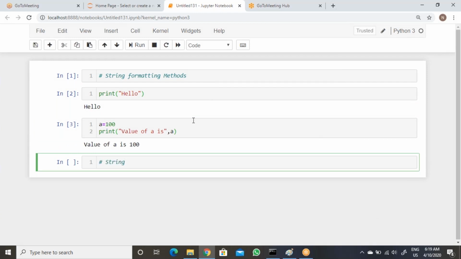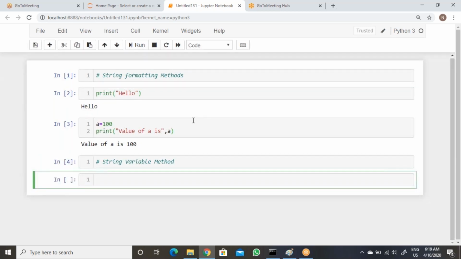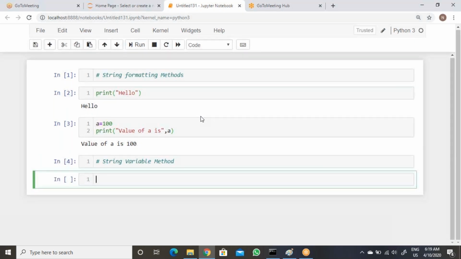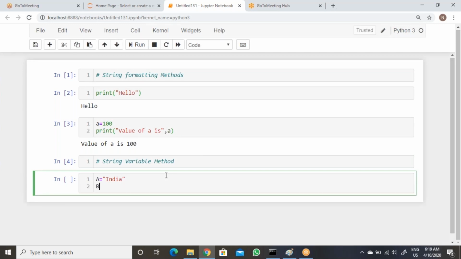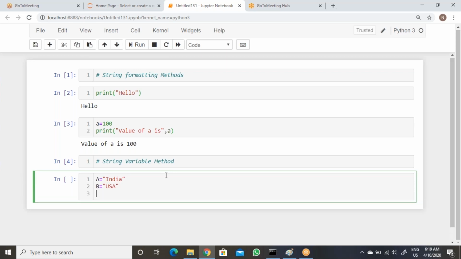Now we have the first method, the string variable method. Let's see here. It is one type of statement, one type of method only. Now a equal to India, then b equal to USA.